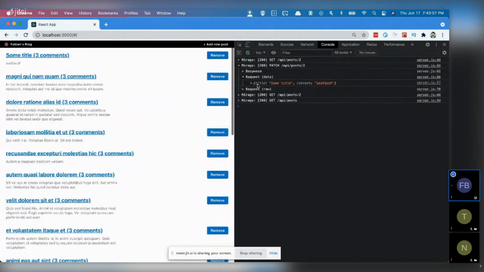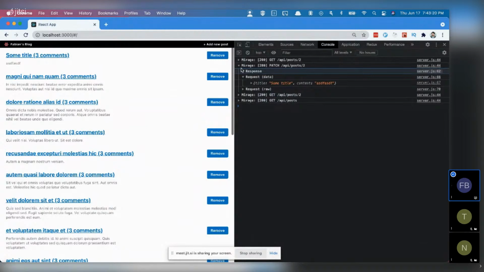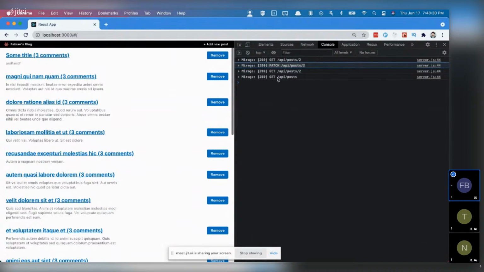What we sent up was title, some title, and the response back was the updated post from the database. But because of the way I have React Query set up, whenever this endpoint gets called, like a patch API posts/ID, I invalidate the get posts, and so it refetched all of them. So if we look at the posts here,